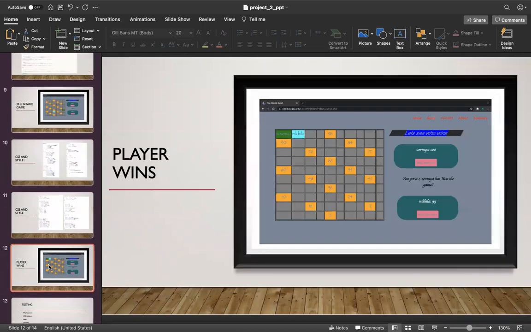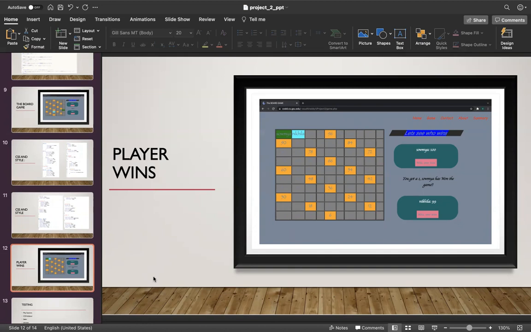Next, let's see how the user wins. Here in this position, the player Soumya has reached position 100 first. So we declared Soumya has won the game because she reached position 100 first. And we also have one more condition we are testing here. The user cannot roll the dice twice. Only after the second user rolls the dice, the next will get a chance. So there is no scope of rolling the dice twice.